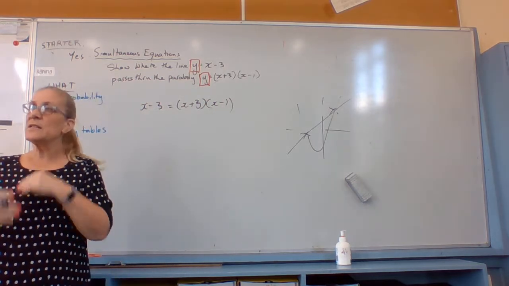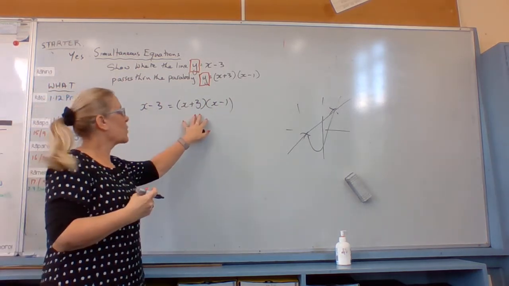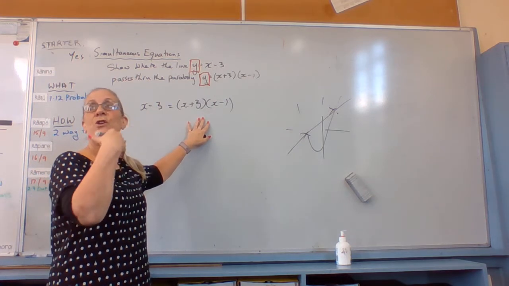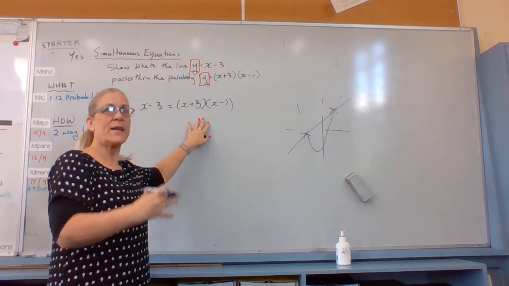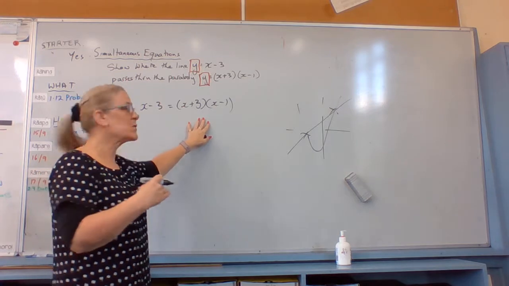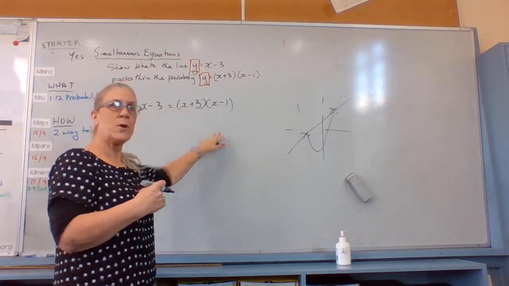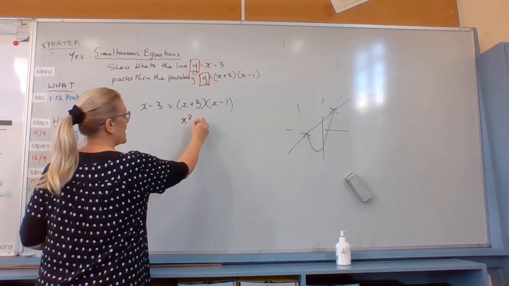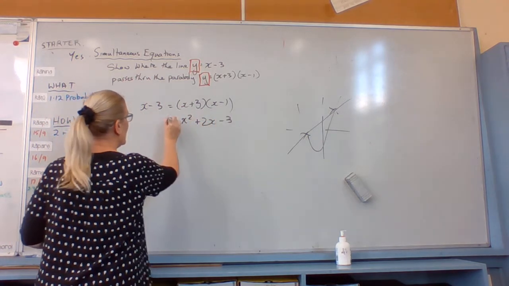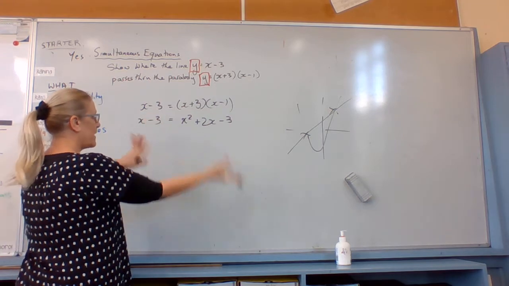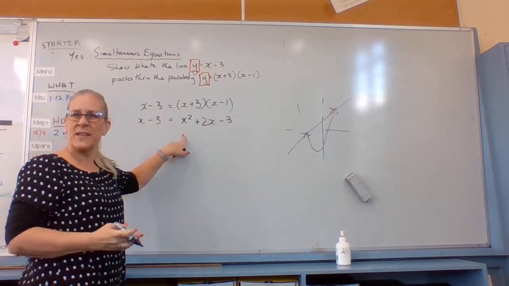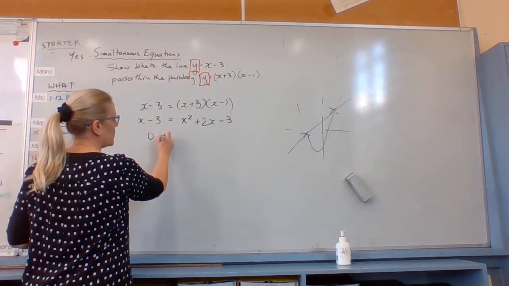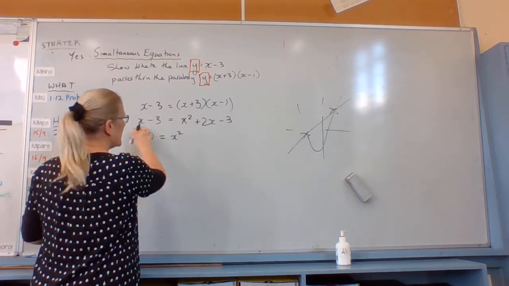All right? So our next problem is that we have a quadratic here, and when we're solving quadratics, they must be equal to 0. We cannot solve a quadratic unless we've made it equal to 0. So we need to turn this all into a quadratic equals 0. So we've got x squared plus 2x minus 3 here. So we take everything over that side because I want a positive x squared. I like positive x squareds. So I'm going to move everything over this side and have 0 equals x squared, take away,